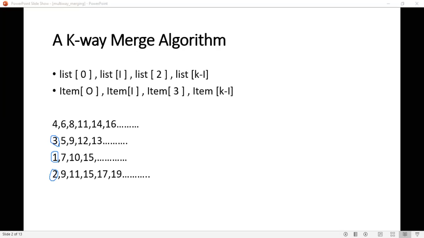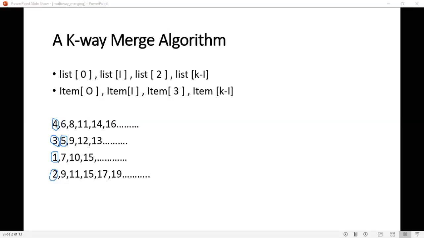Again, what is the minimum there? It is 4. Again, you have to compare this 4 with all the items here and move in this particular list there. What is the minimum now? It is 5. You have to output 5 and compare 5 with all the items here.